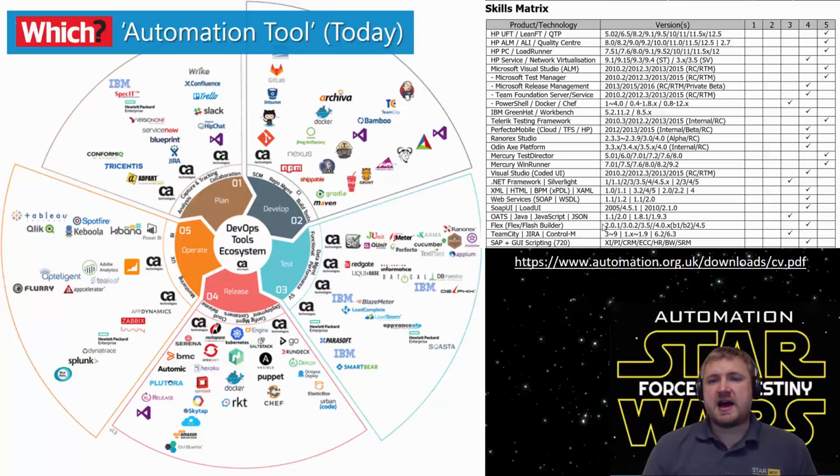Equally, I dug out one of my older versions of my CV, which has dated slightly, and looked at all the different tools that I've used over the past. And this is just a snapshot. I think it could have gone on for absolutely ages, but I got bored of adding them all in. But like I said, I started off in the early days with the Mercury Interactive tool sets, and now I pretty much use every type of tool, so becoming kind of tool agnostic, as we could say.